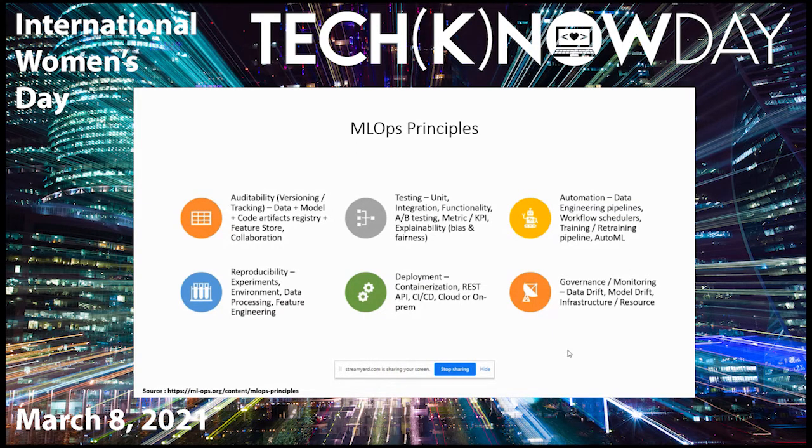You should have a feature store where you can store your feature engineering metadata. You should have a code artifact registry where you will version your code. You should also have a model registry where you will store your model artifact. So all this has to be provided by the platform.